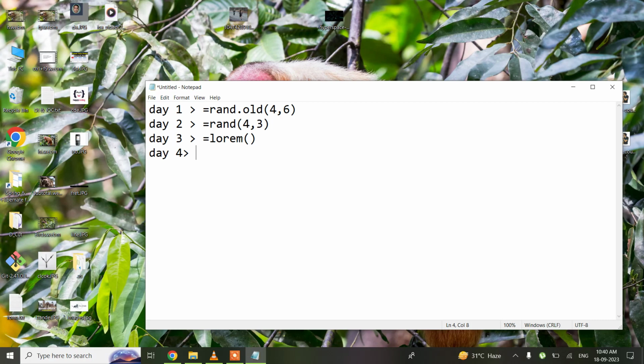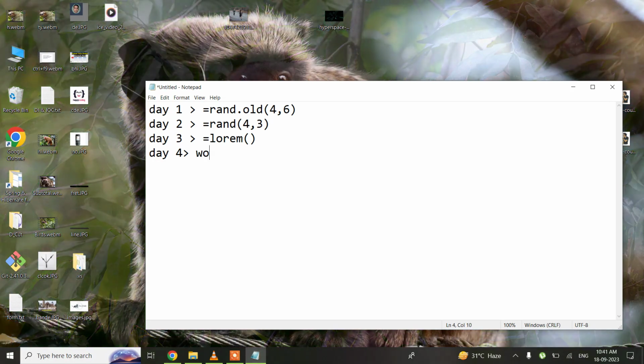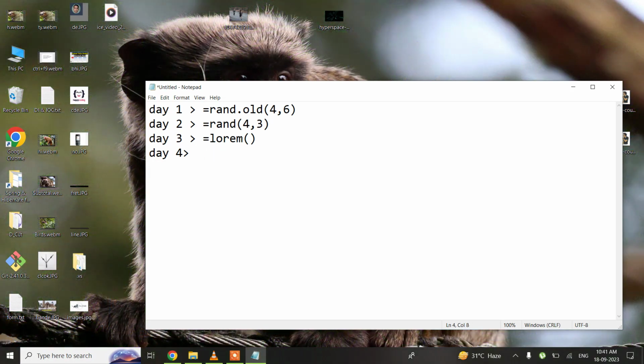So how can we do that? How can we merge 2 or 3 or more Word documents into one Word document? Well, I can say that we can simply do that by opening up the day 4 Word document. Say suppose the name of the document is final.docx. So doc is for